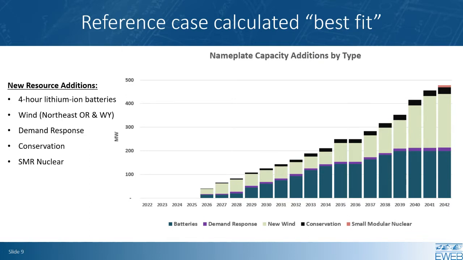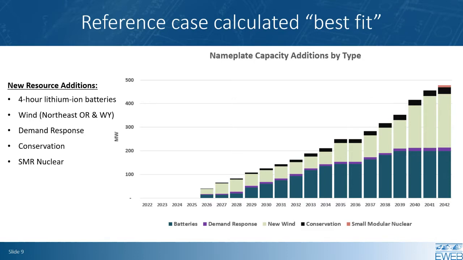The model selected some, but not all, of the demand response programs that it was offered. The model primarily selected residential programs, which are assumed to have lower implementation costs. These programs include time of use rates, critical peak pricing, and space and water direct load control programs like smart thermostats. The model also did select a very small amount of commercial and industrial curtailment programs, less than 1 megawatt. Further study through a demand response potential assessment could help us better understand these costs and energy profiles of potential demand response programs in the future.